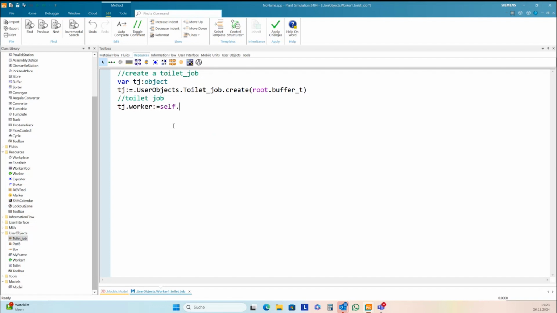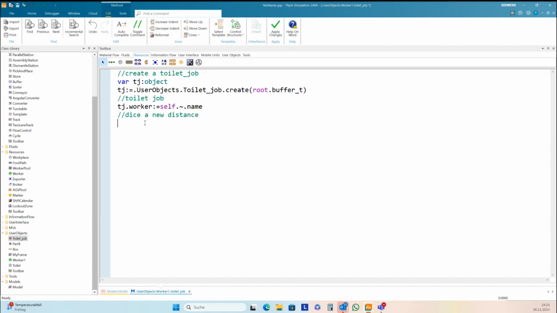And we are inside of the worker, and so self.tilde, so we get access to the worker here. And the name is the name of the worker. And then we dice a new distance for the next visit.